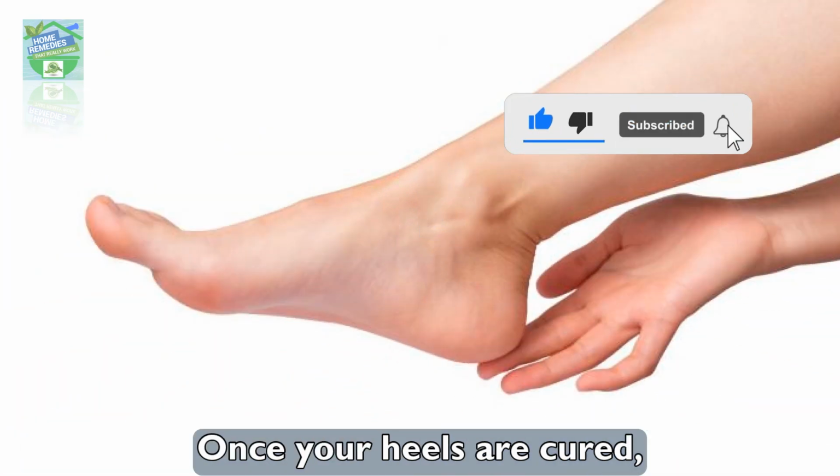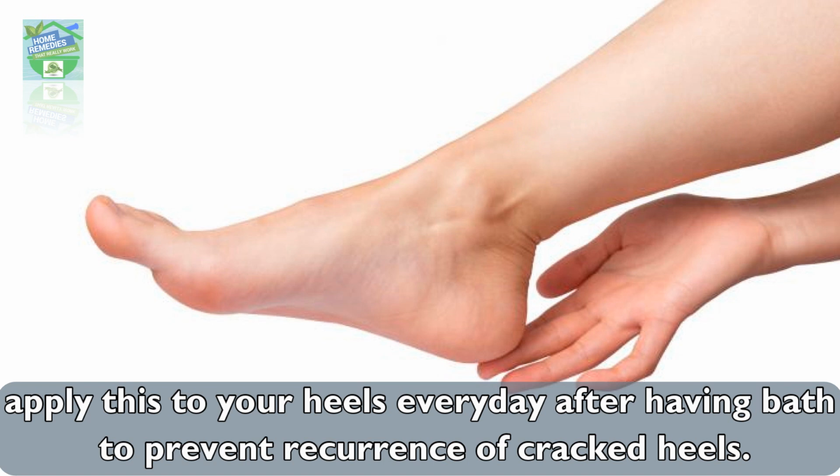Once your heels are cured, apply this to your heels every day after having a bath to prevent recurrence of cracked